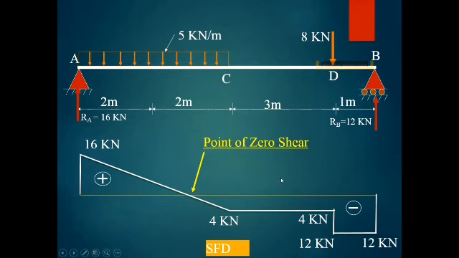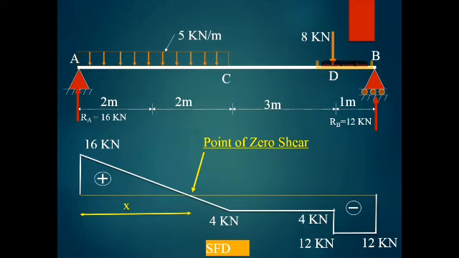Now in this shear force diagram, this is a very critical point, which is called the point of zero shear. At this point, the shear force is 0. As you can see, this is the 0 line, and here I am plotting the values of shear force, positive values on the top, negative values at the bottom. Okay, so now I am getting it from positive to negative. So this is also called the point of contra shear.